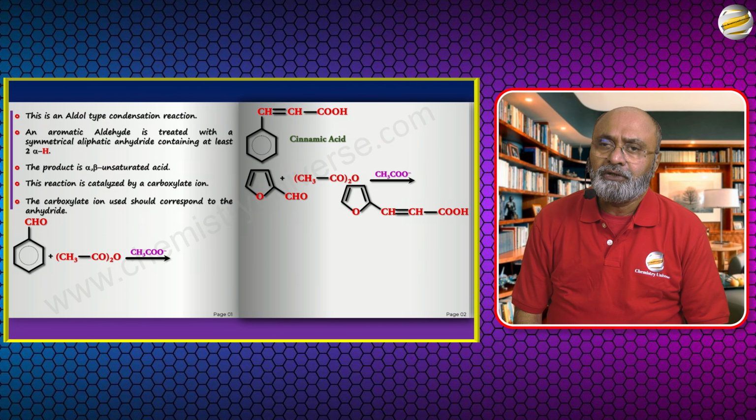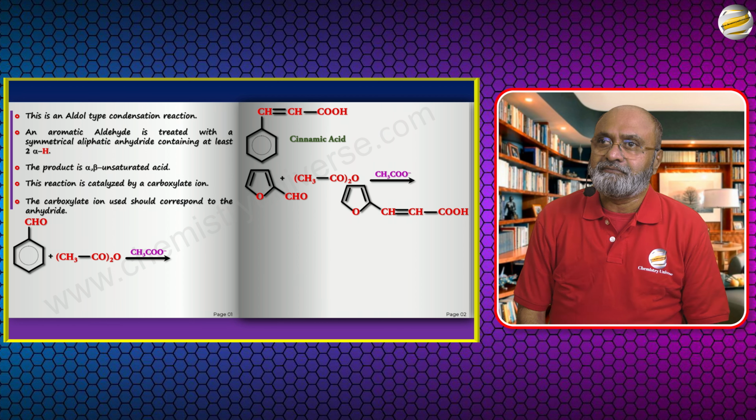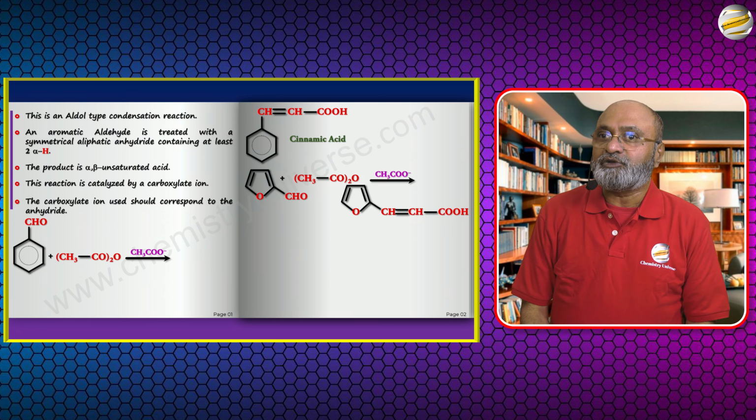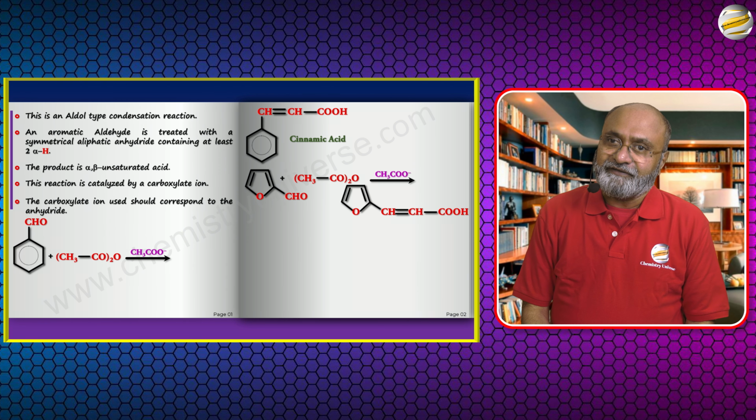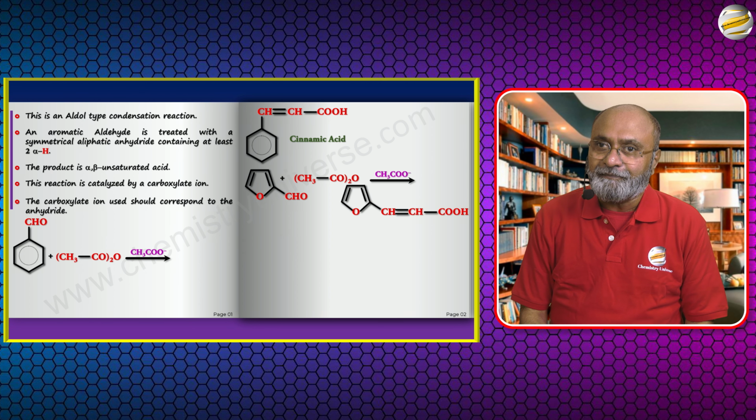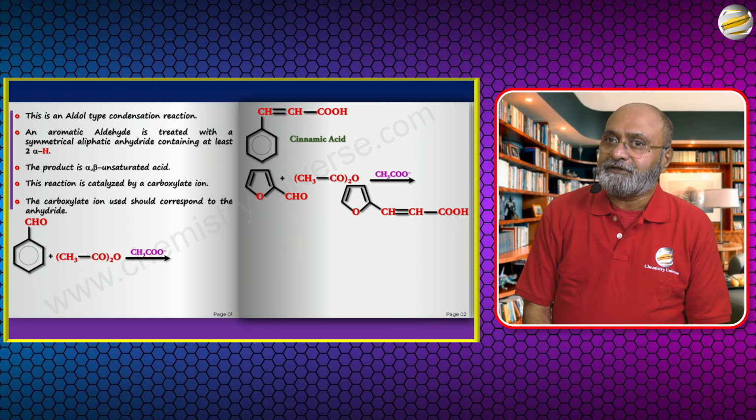Now, the mechanism of this reaction, I'm going to present in 2 different ways. First of all, I'm going to talk about what is the mechanism to make the product. So you might wonder, what do you mean by mechanism to make the product? Isn't all the mechanism supposed to make the product? Yes, but this mechanism that I'm showing you is easier to remember and will get you the product easily. If you cannot remember the rule of making the product, use this mechanism and you'll be able to get the product eventually. Even though it has multiple steps, it will be easier for you to get the product.